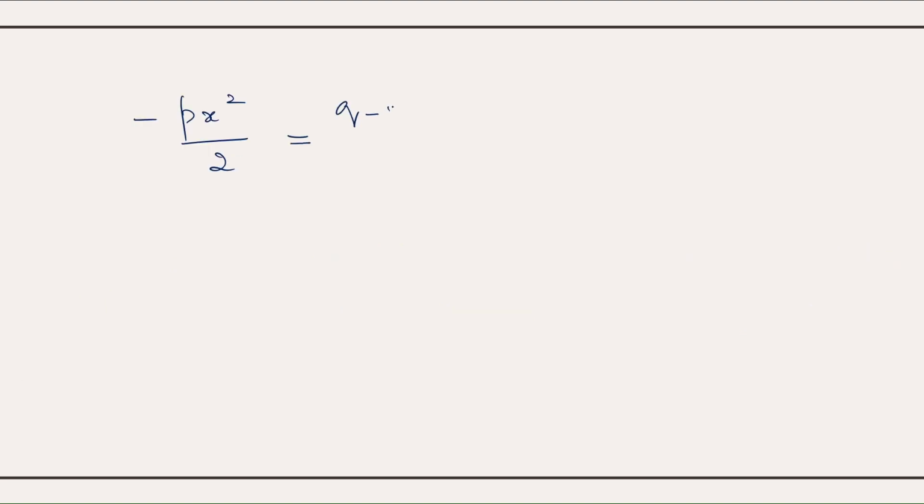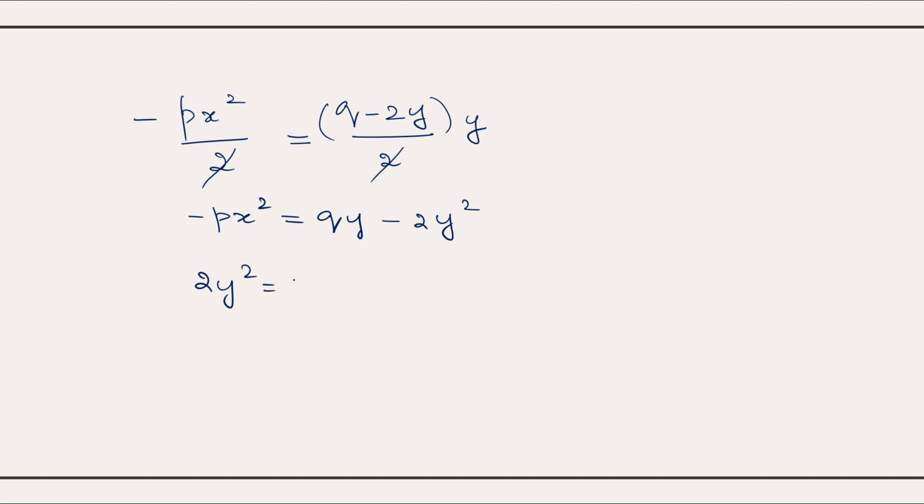So (q minus 2y) divided by 2 into y. So what we can do is cancel this 2 and this 2. So this becomes minus p x square is equal to qy minus 2y square. Right? So here we can write it as 2y square is equal to px square plus qy. Okay, in any form we can write it, and now this is the partial differential equation we have obtained by eliminating